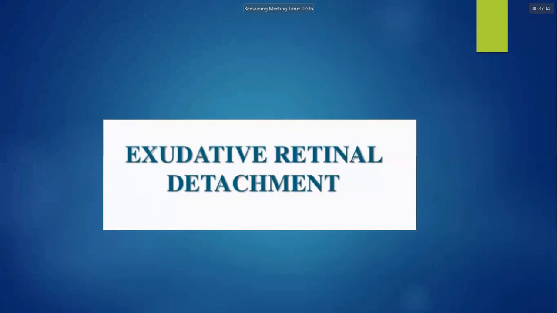Because myopic people have peripheral degenerations. So all the myopic people have all types of retinal degenerations, that is lattice degenerations, which is one of the risk factors for retinal detachment. Vitreoretinal tractions are of two types: usually the dynamic, which is a moving vitreoretinal traction, and the other is the static type, which is the stationary type, which occurs in the traction type of retinal detachment.